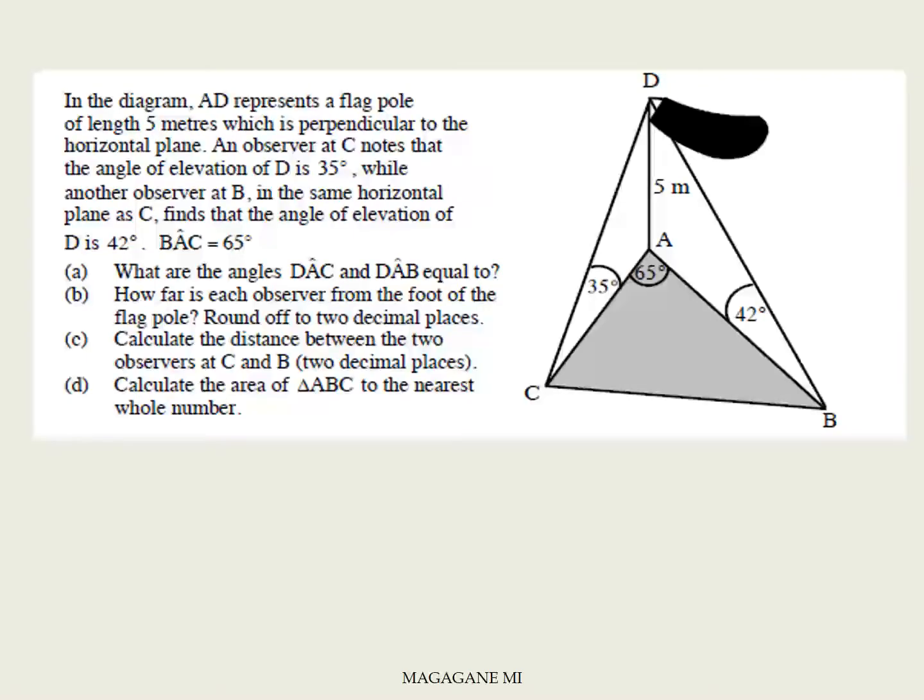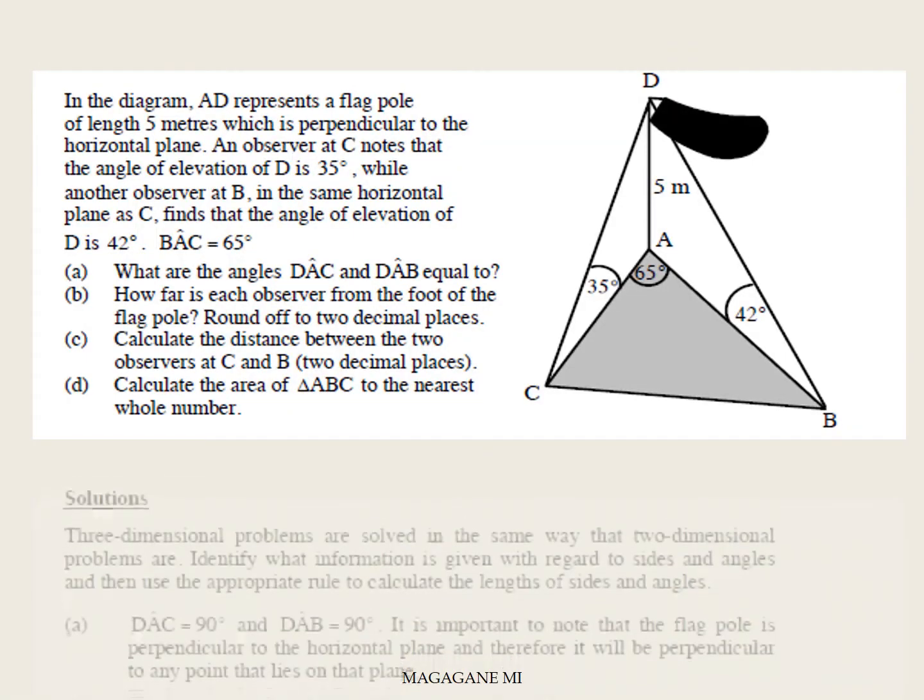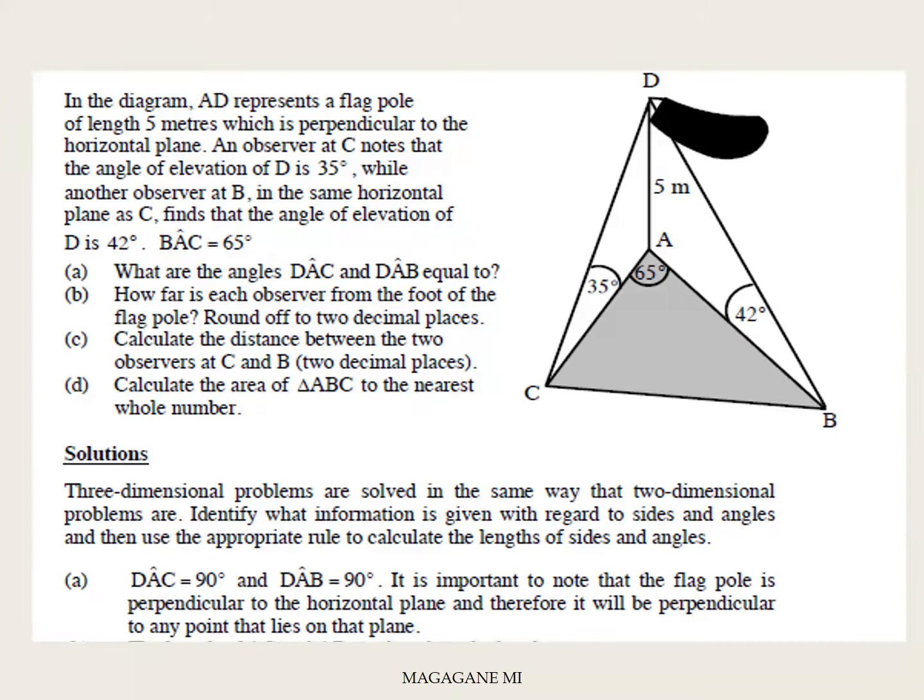BAC is 65 degrees. It is important to note that 3-dimensional problems are solved in the same way that 2-dimensional problems are. Identify what information is given with regard to sides, angles, and then use the appropriate rules to calculate the length